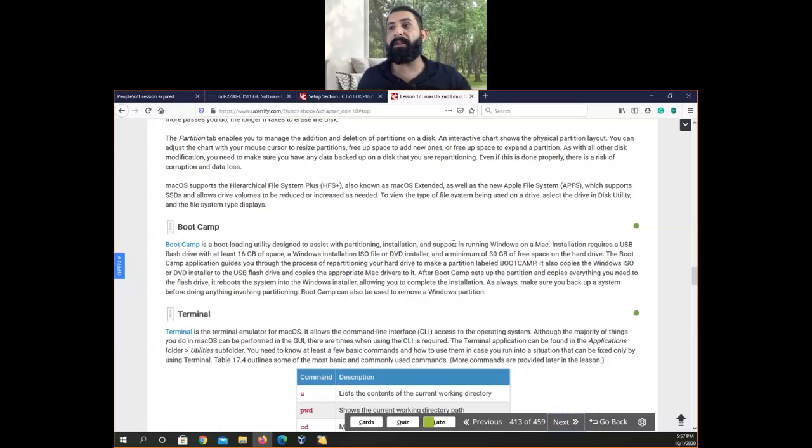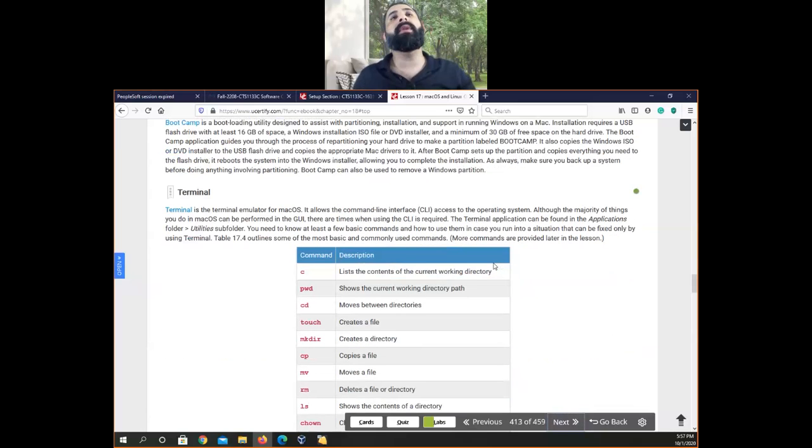They will buy the device. They will spend a couple of $1,000 just to buy the iMac, and they will go ahead and create a Boot Camp, and they will install Windows that needs a license, which is $200, $199.99. Why? Okay, Terminal.